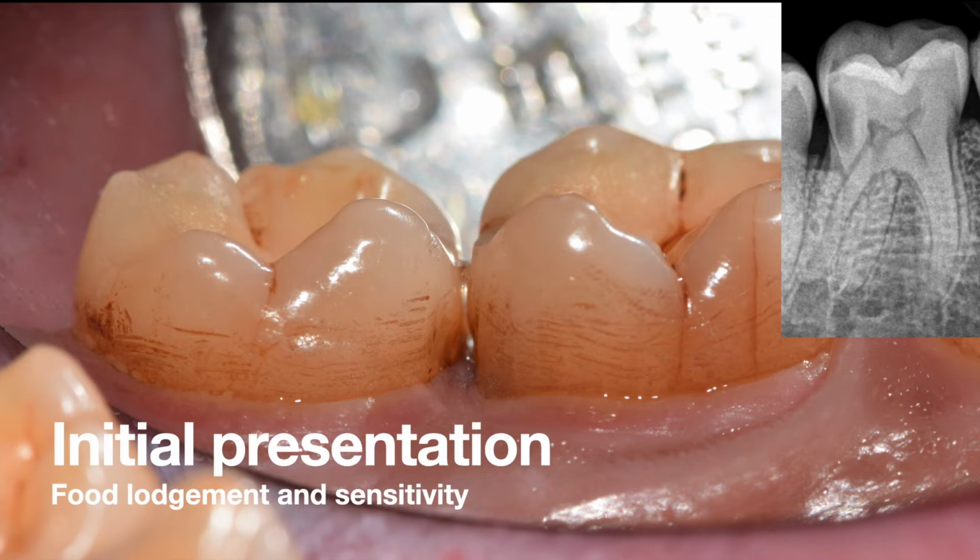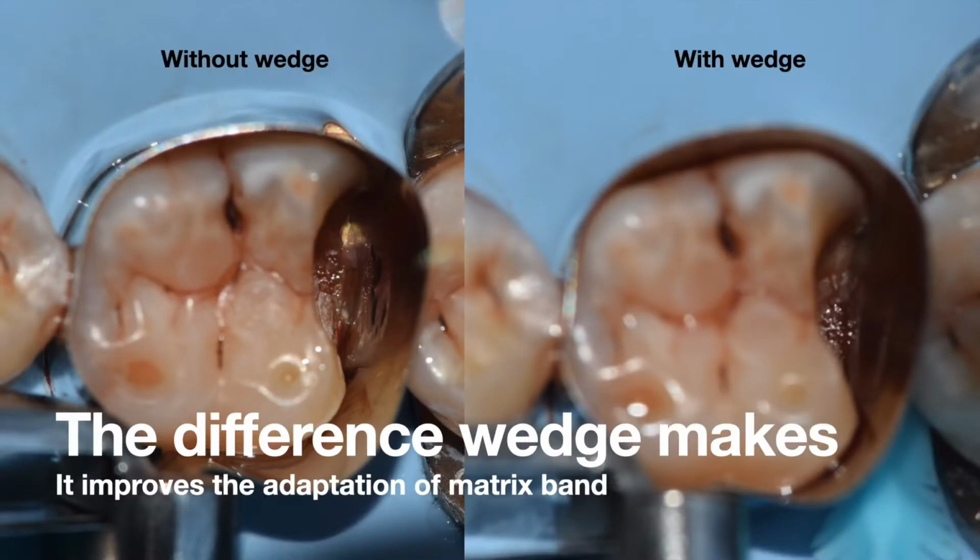This is a case where the patient had a lot of food impaction between tooth number 6 and 7. Tooth number 6 had a subgingival cavity on the distal part of the tooth. Once the tooth was isolated, for the initial buildup, we used a Tofflemire retainer first. As you can see here, once I placed the Tofflemire retainer, I did not have complete adaptation at the cervical part of the tooth.